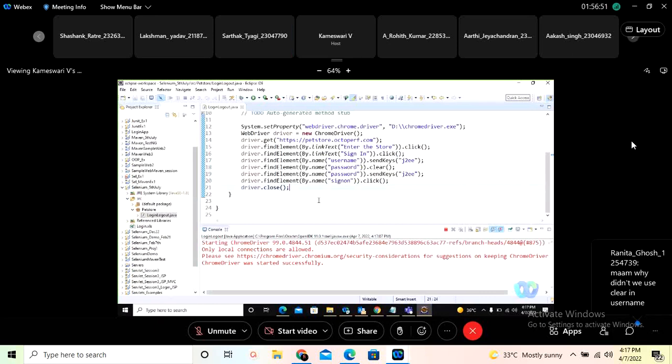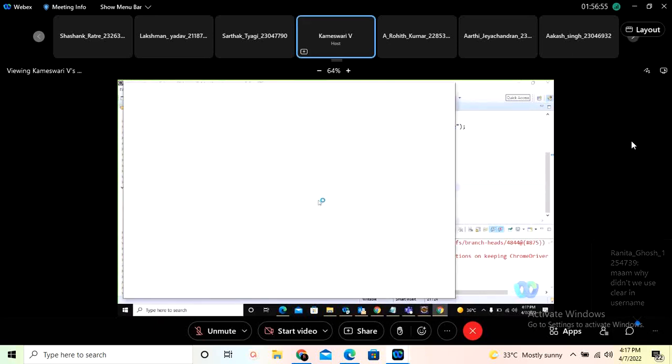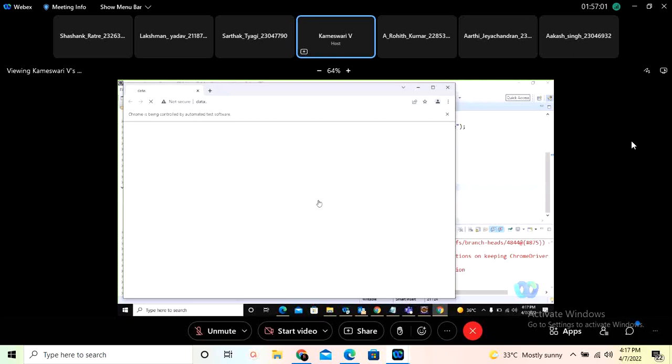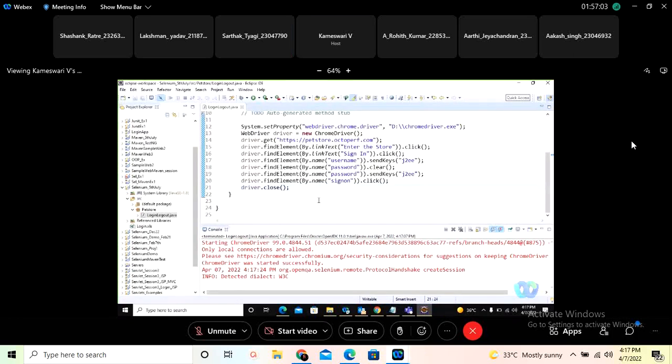Sometimes your application which is opened on the browser might not be syncing with this code execution speed, because sometimes your web page might take some time to load all the objects, isn't it, team? So in such scenarios, when your code execution speed is not syncing with that of the web page,